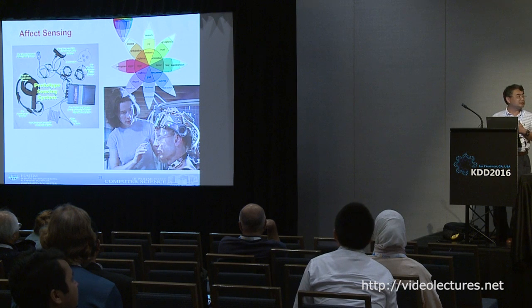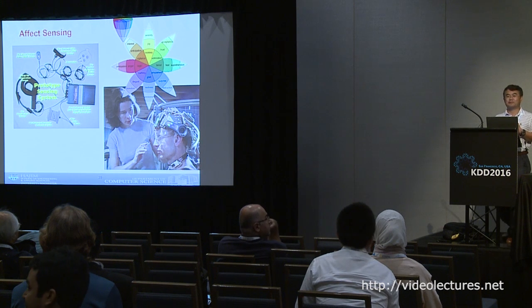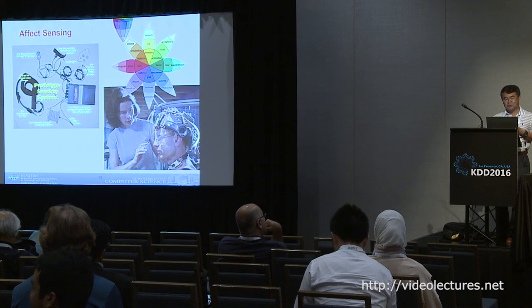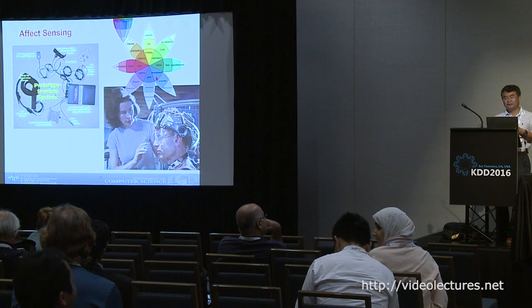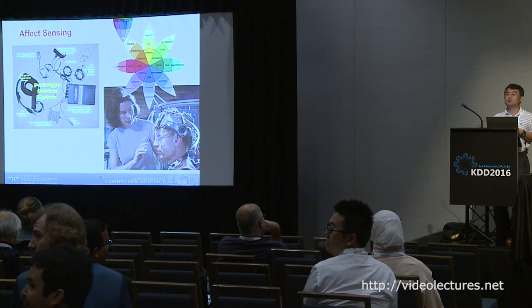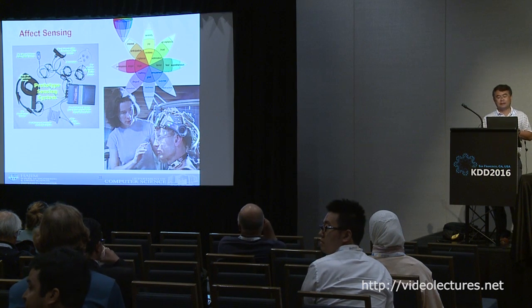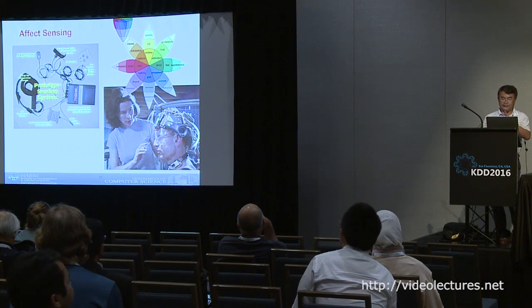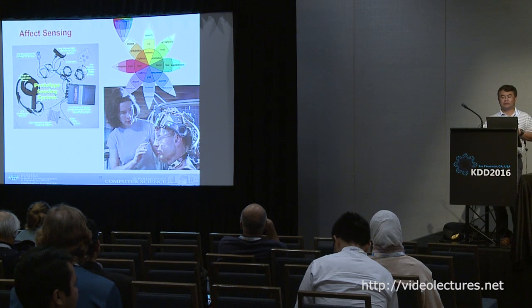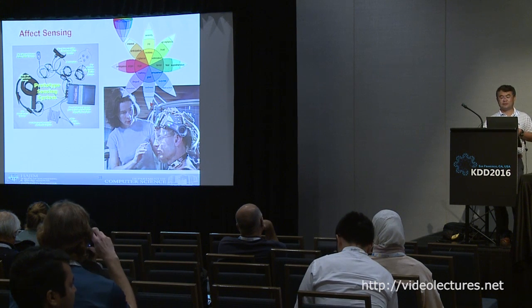So sentiment or affect sensing has been around for quite a while. In early days, you had to put a sensor on people's head and get some signal in order to know what they are feeling. This is called the Plutchik wheel. It's from the psychology literature. So humans have 24 types of emotions, but in fact, they are not 24 independent emotions. They are organized in 8 valences, and for each valence, there are 3 arousal levels. Like there's grief, sadness, and pensiveness.